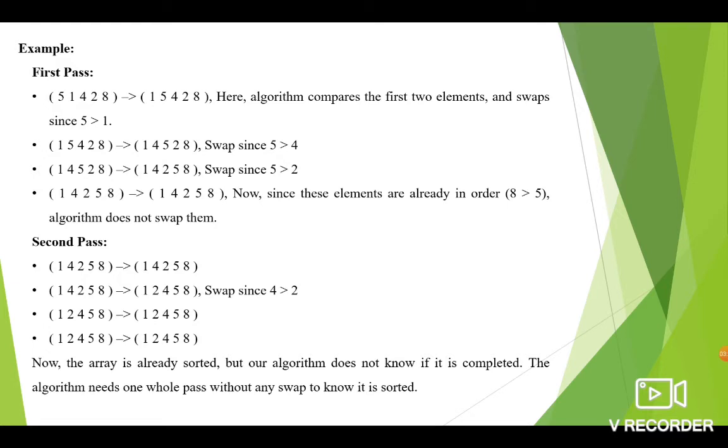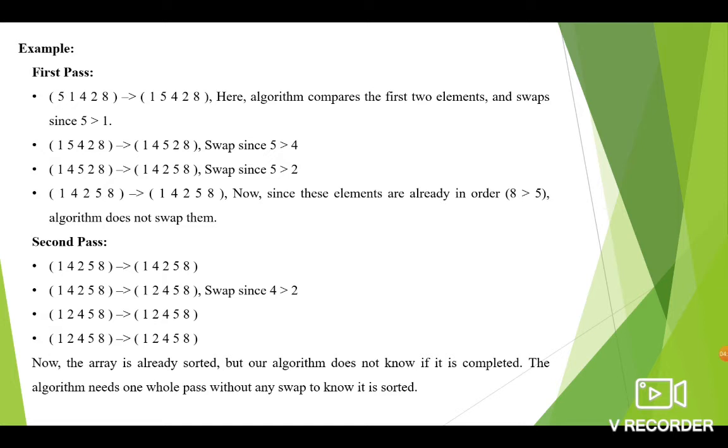In the second pass, again we are repeating the same process. The first two elements are compared, 1 and 4. They are in order, so no need of swapping. Second step, compare the second and third elements, that is 4 and 2. They are not in order, so we need a swap.